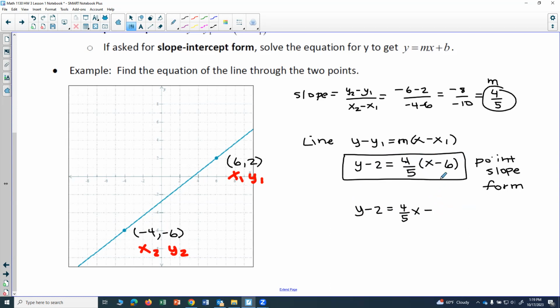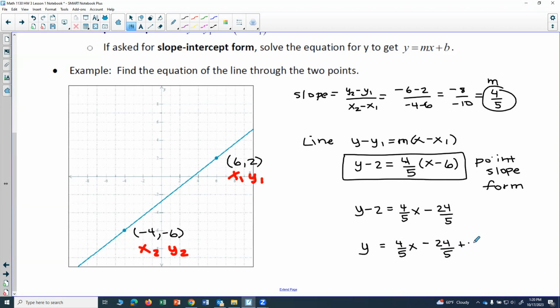So this is going to be 6 times 4 is 24. So this will be minus 24/5. And now I'm going to add 2 to both sides. So I'll end up with y equals 4/5 x minus 24/5